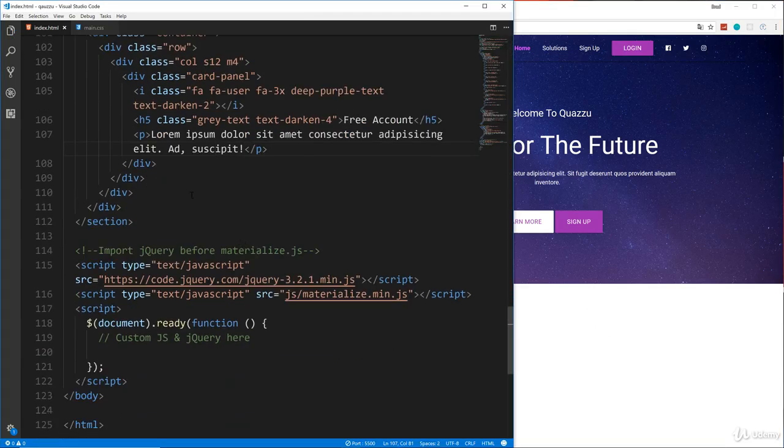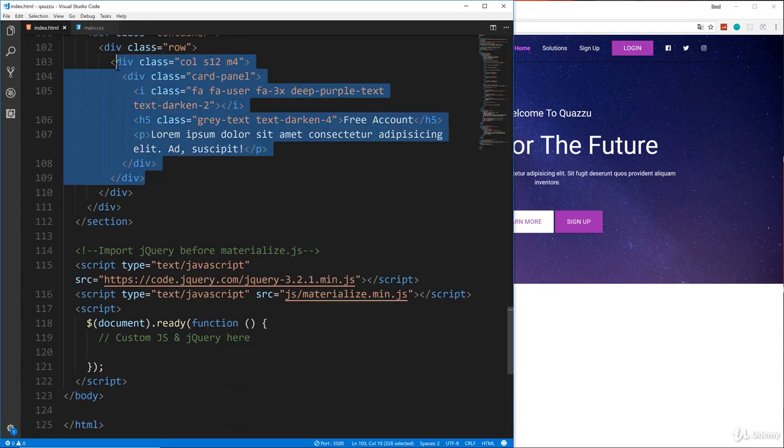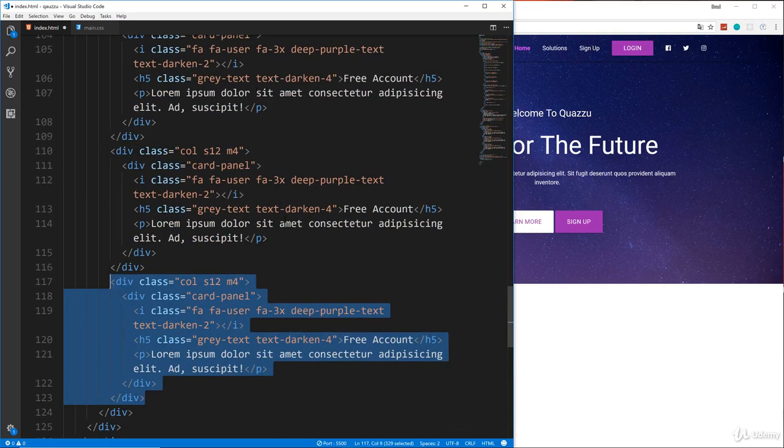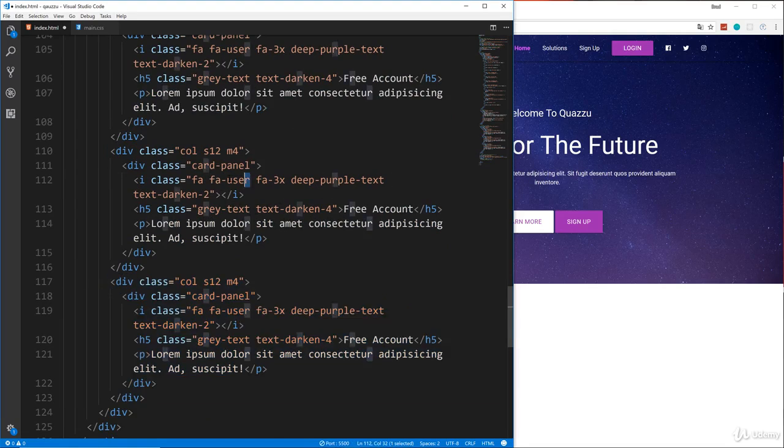Okay, so now what we'll do is copy the column, which is this div right here. So we want to grab that, and we're just going to bring that down 2 more times. And the second one here, we're going to change the icon from fa-user to fa-database. And then the H5, we're going to say NoSQL